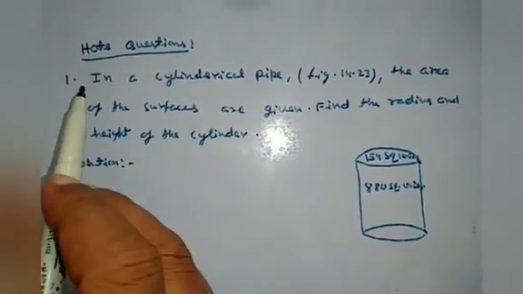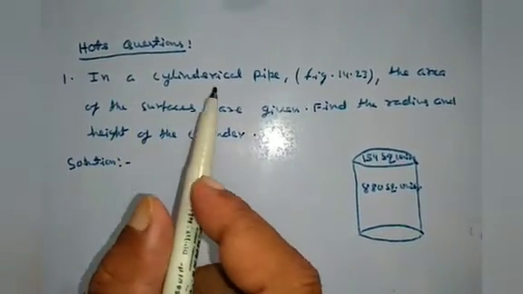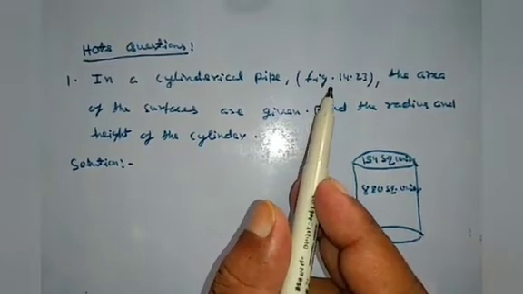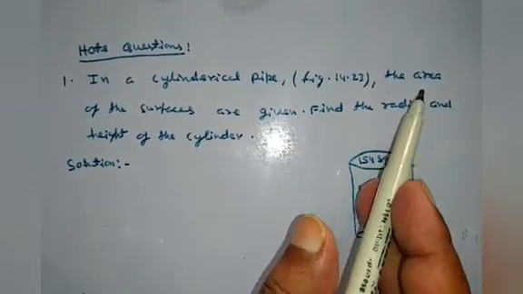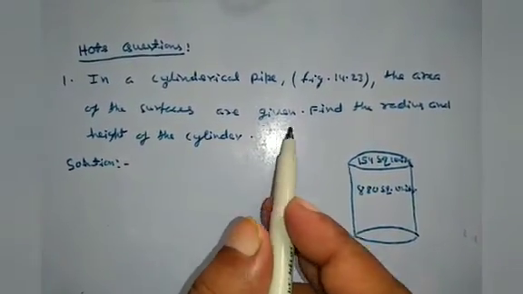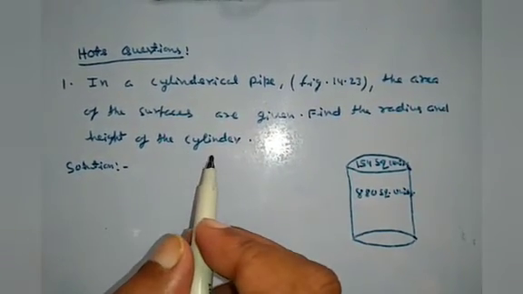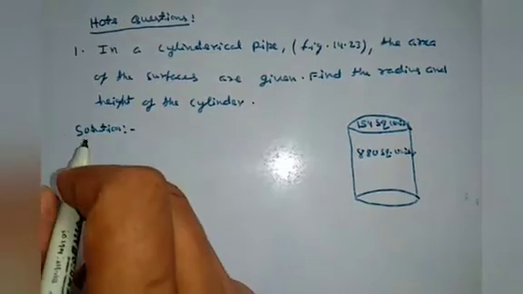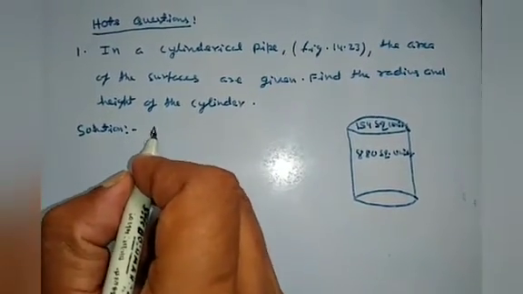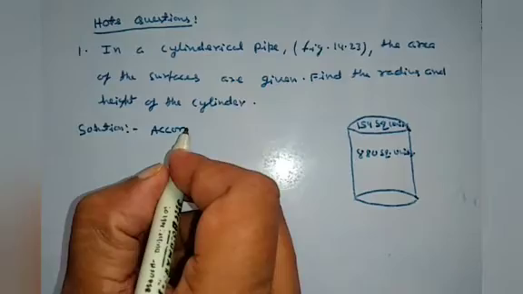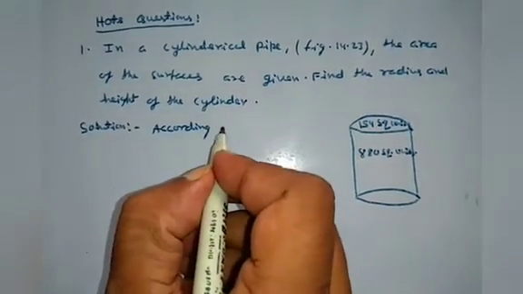Hot questions. Number 1, in a cylindrical pipe, figure 14.23, the areas of the surfaces are given. Find the radius and height of the cylinder. This is the solution. According to the figure,